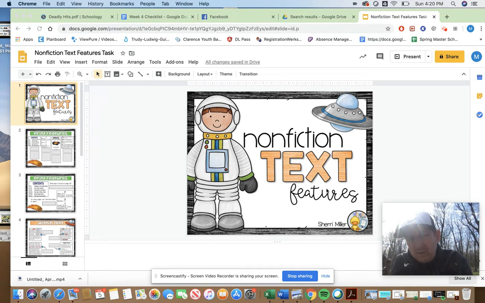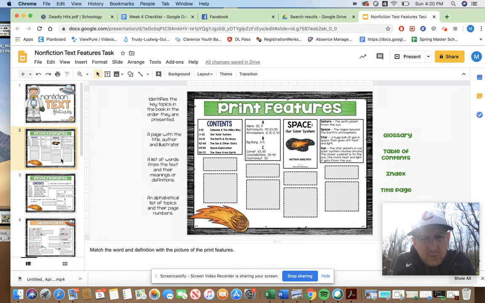So these features will be tools for us as we read the different stories and articles that we're going to read. So I'm going to quickly go through this with you. I'm not going to spend a whole lot of time. As I said, this will be a review for you. Some of you guys have probably had a lot of experience, some of you not as much, but you will be fine. So if we look at this, print features, okay, over here, these are a couple different types,